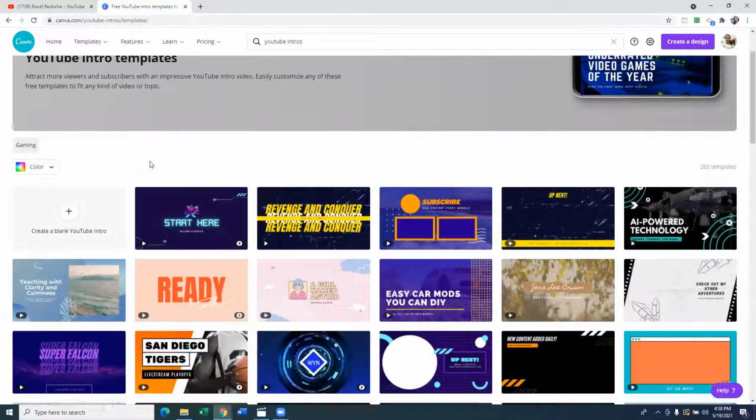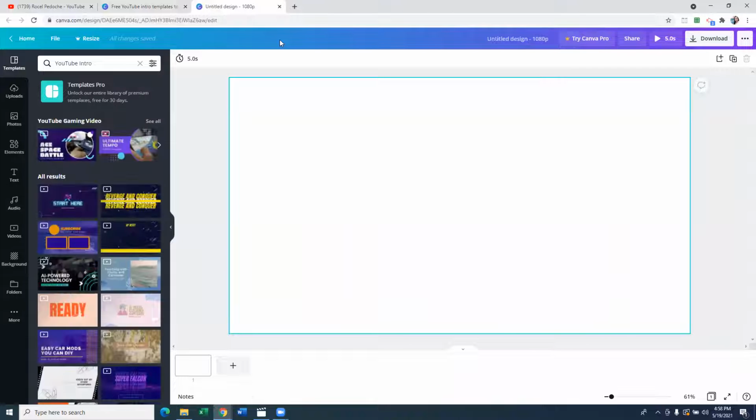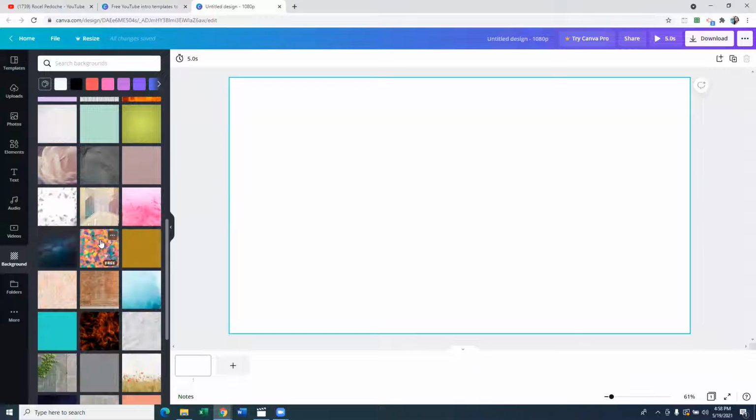You can be redirected here. Okay, here I choose the blank one. I did not choose from the different templates. This is the page where your work will be displayed, and you can choose from here. On the left side, there are templates, uploads, photos, elements, text, audios, videos, backgrounds, folders. What's good about Canva is that you can choose a lot of different things here,